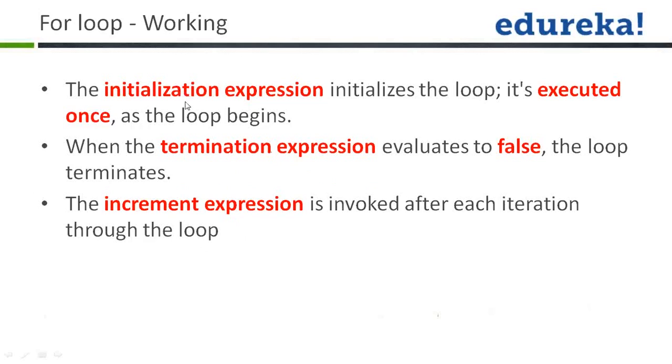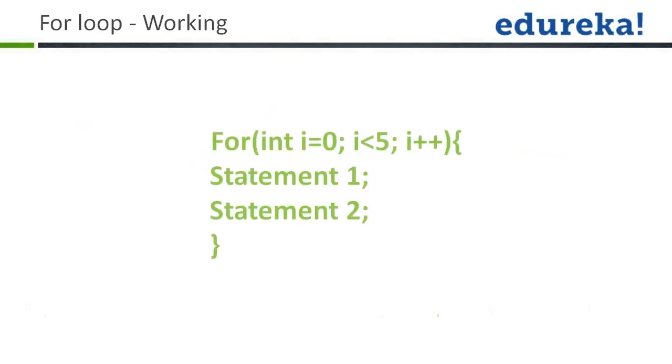So you saw that the for loop has three parts. One is the initialization, second is the condition, and the third one is the increment part. These three lines are explaining why these three parts are divided and what is the function of these three parts. Okay, we have got a for loop. The initialization is int i = 0, and i < 5 is the condition or the termination expression.